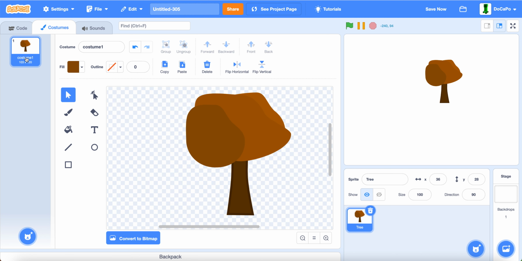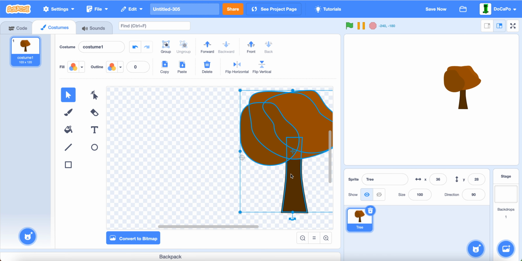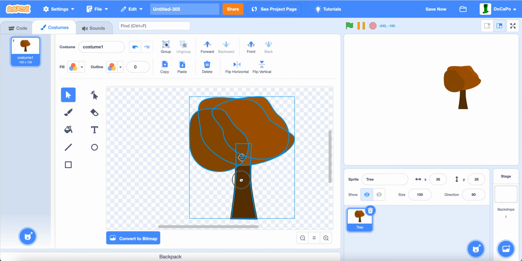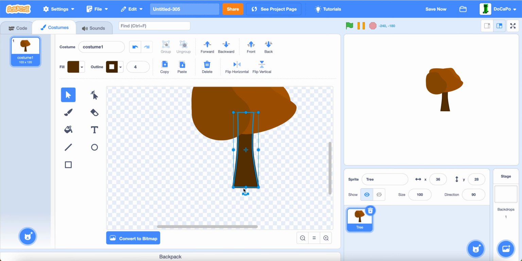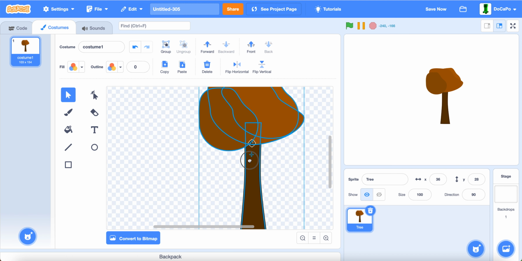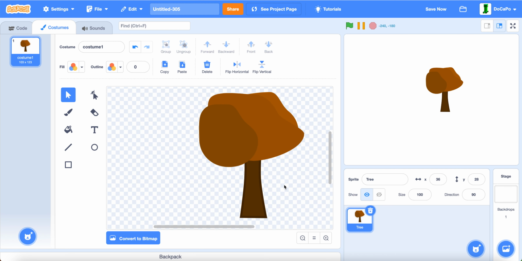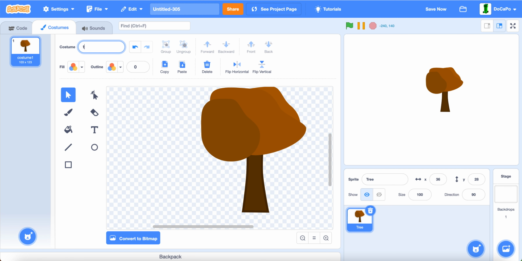make sure that the size is about 100 by 120. And we select the whole tree. Make sure that this is about here. And if you have a longer tree trunk, make sure that this is still about here. Now, name this tree,